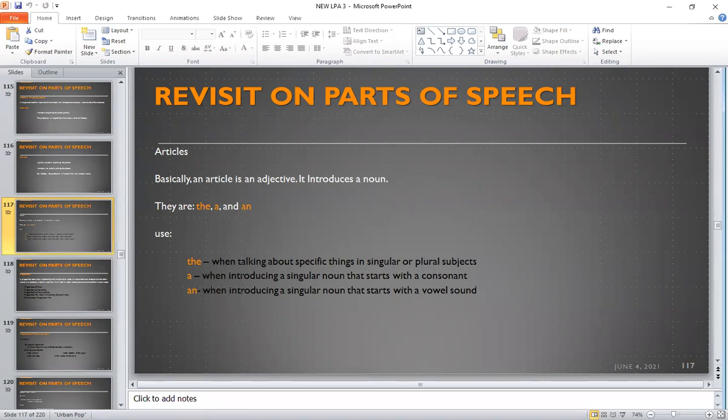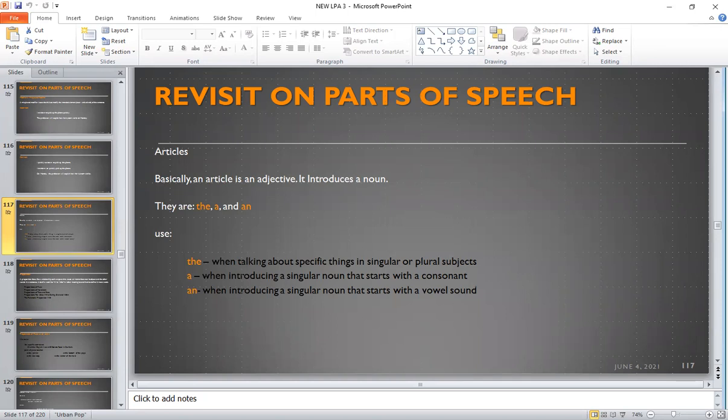And then you have a when introducing a singular noun that starts with a consonant. And then an when introducing a singular noun that starts with a vowel sound. Okay, I often see,